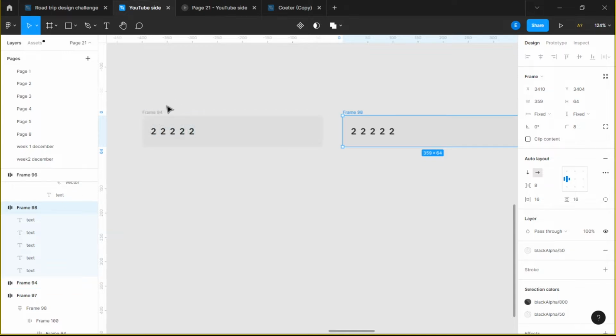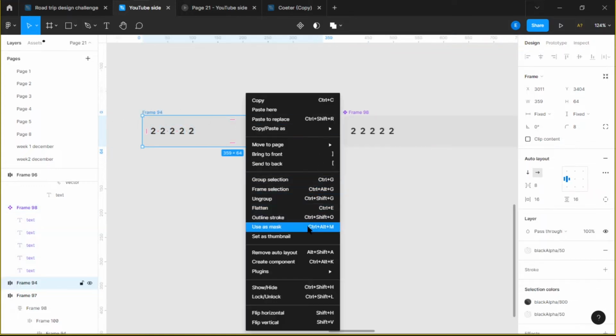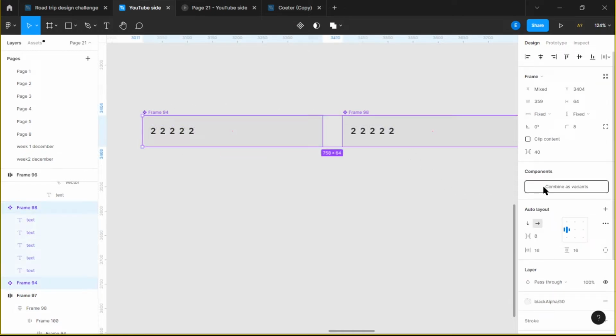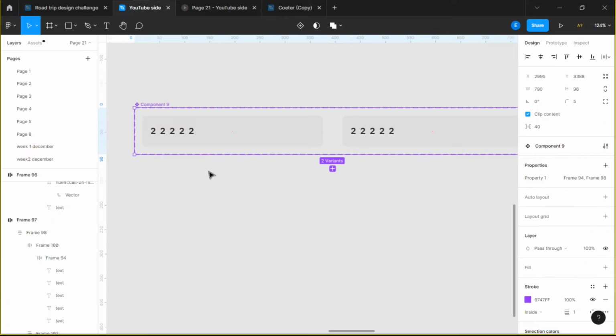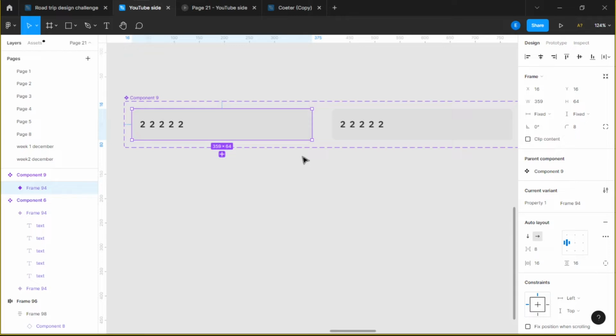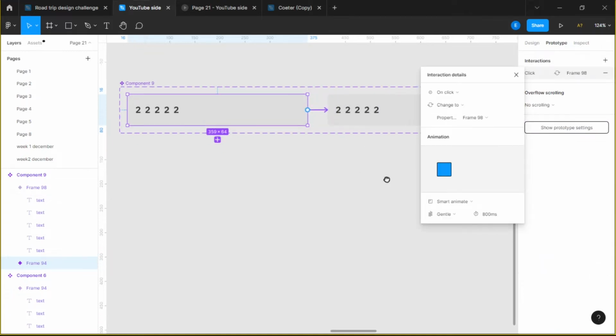Okay, yes, I almost forgot the next step. Next step is to make all of them like a frame. That is hitting Ctrl Alt K on a keyboard, make it a component. Sorry, or you come here and then click component. They are both components. Then you get this component and you get this component and you combine as variants. Voila! You combine them as variants. And as you have combined them as variants, we have to move this guy to this guy and set the triggers. Go to prototype from here, select this guy, you put it here,